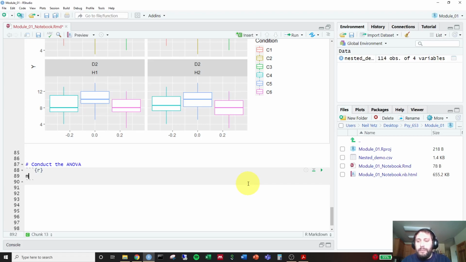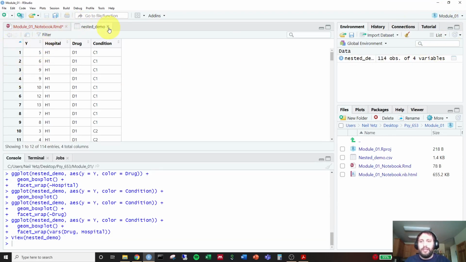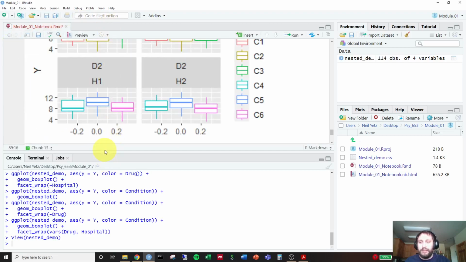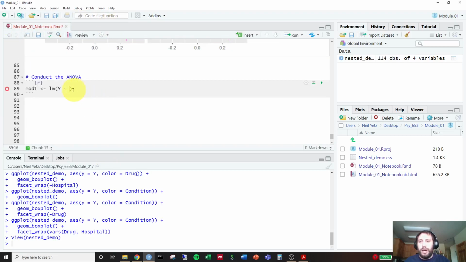So I'm going to name this mod1. We're going to use the LM function. Then we use Y regressed on. So Y is our outcome variable in here. Remember, in our data set we had Y, whatever your outcome variable is. Y regressed on hospital